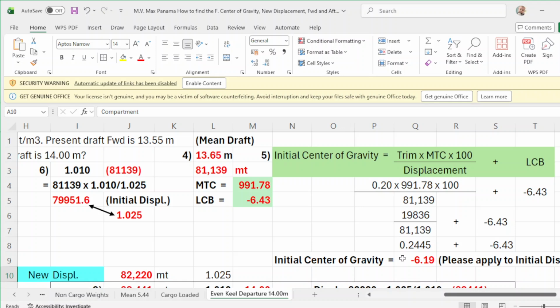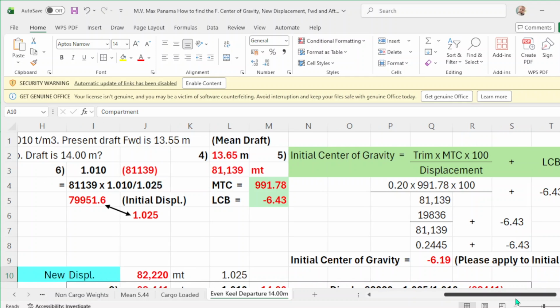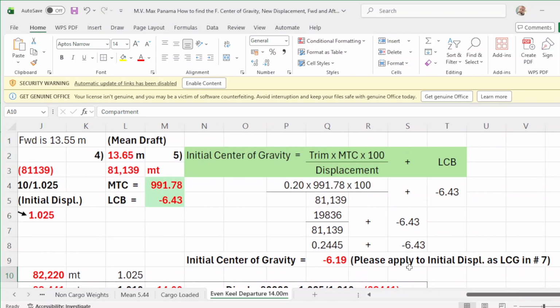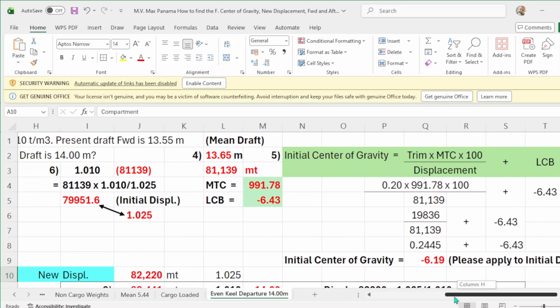Again, divide this one, that will be 0.2445 plus your LCB of negative 6.43. Then your initial center of gravity will be negative 6.19. Okay? And I got a note here which says please apply to initial displacement as LCG in number 7. Okay, so that's number 5.